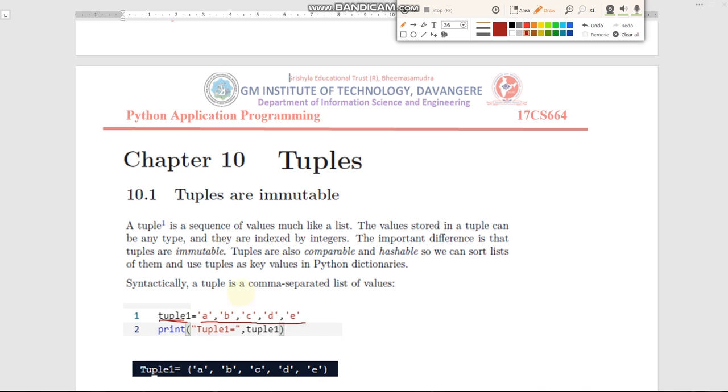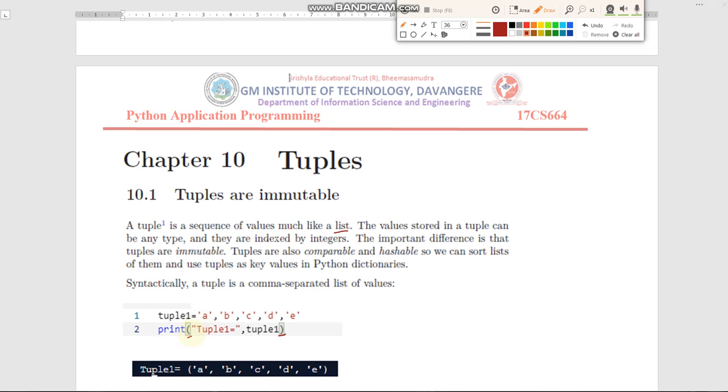The values of tuple1 are separated by commas, and we can enclose the tuple inside parentheses, or using the parentheses is optional. Remember, in case of a list, the elements are enclosed inside square brackets, and in case of dictionaries, the elements are enclosed inside curly braces.